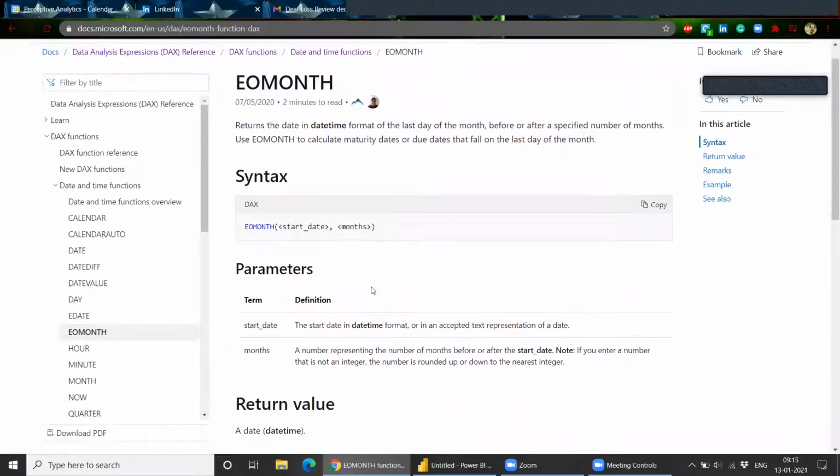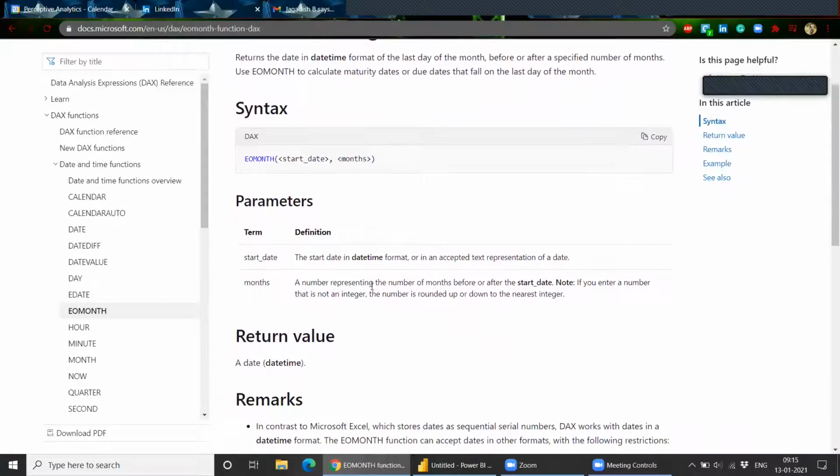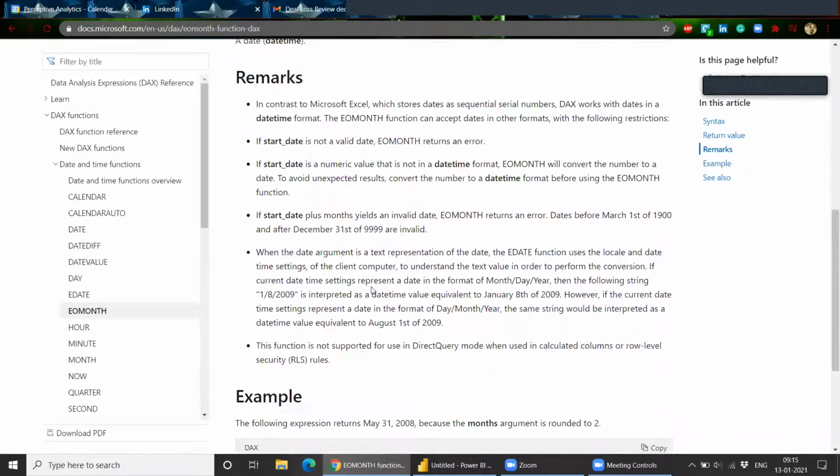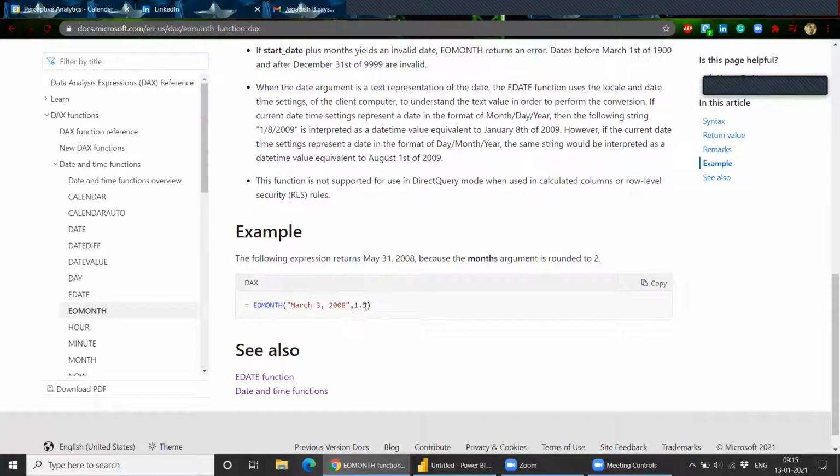Then we have end of month. This function gives us the end of the month. Let's say we have the month March, and we want to add 1.5 years to it, and then find the end of month for it. In month basis there's actually no decimal, so it will first convert it to 2 months, so March, April, and May, and it will give the end of that month, so 31st May. It is useful for any renewal cycle or expiration date kind of thing, where you want to know in which month it is going to expire. We can use this function.